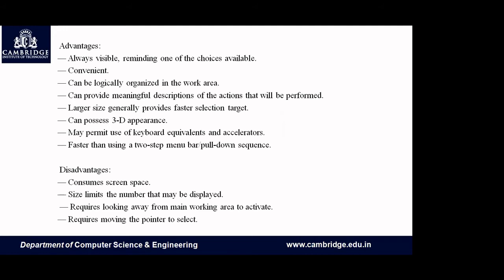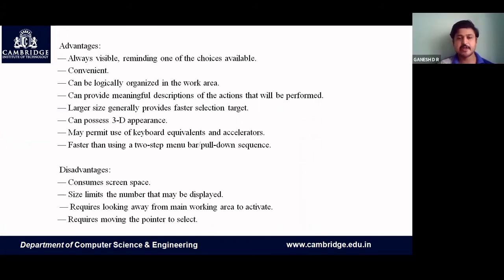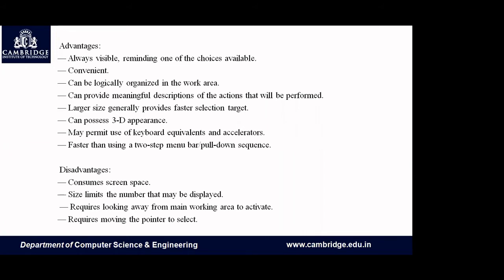So for example, when you're working in Microsoft Word, right? Now we have to do some changes. You have to cut something. Then you have to go to File and do some operation there. Or there will be one button called Control C on the top. You have to click on that Control C. So you are moving away from the main working area. And one more disadvantage is that you have to point to that particular button to select it, right? So these are the advantages and disadvantages of buttons.